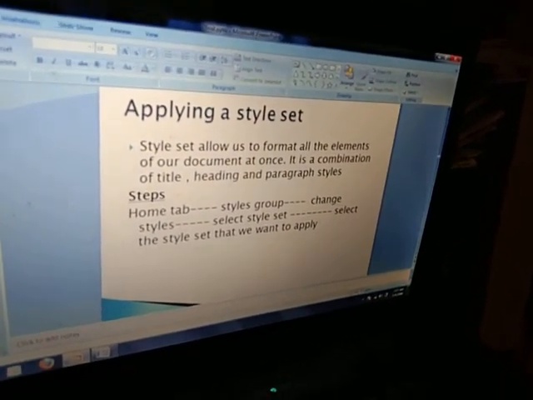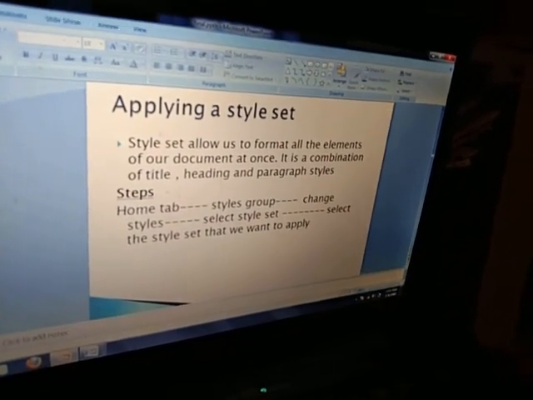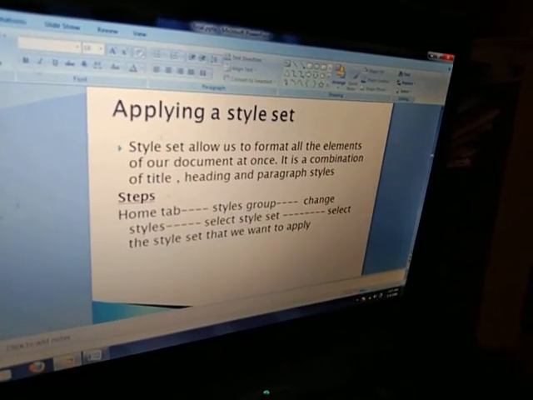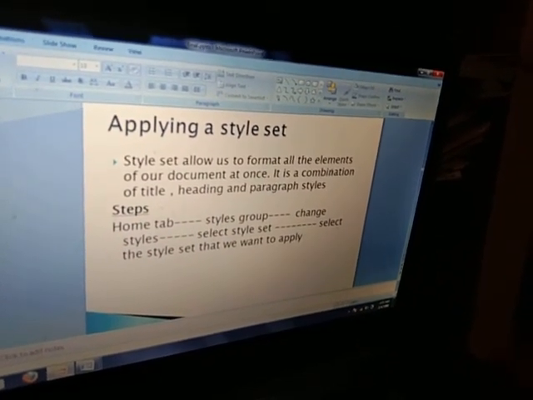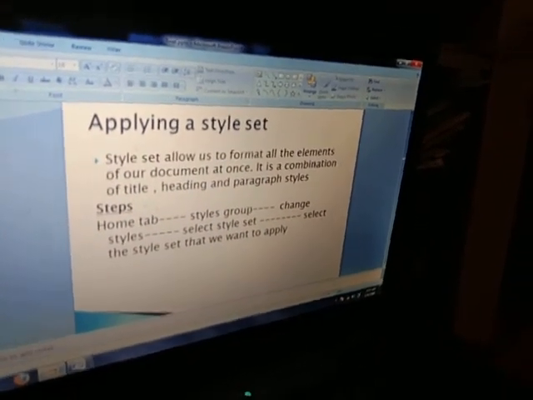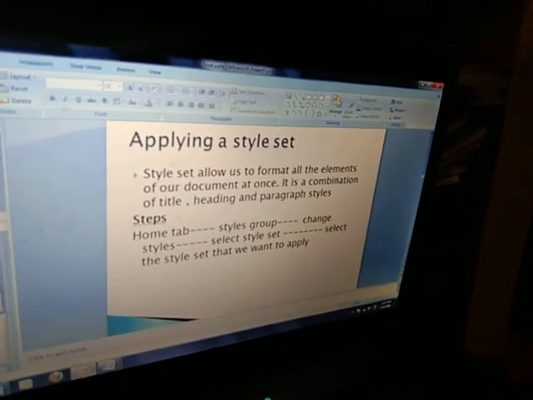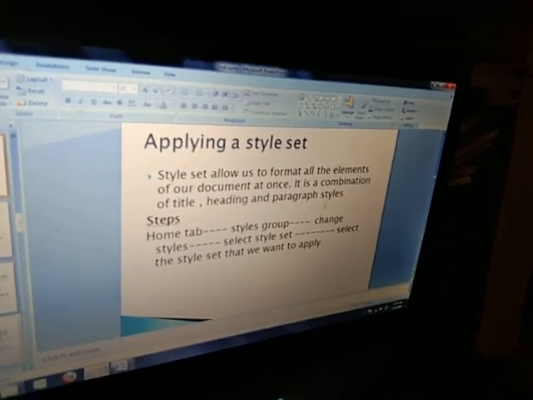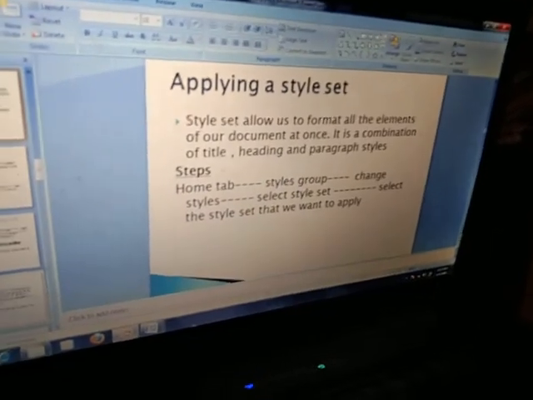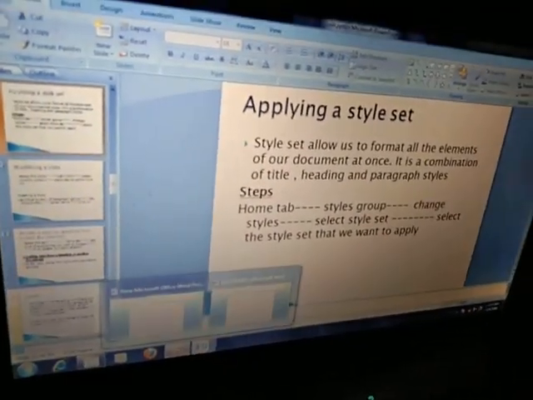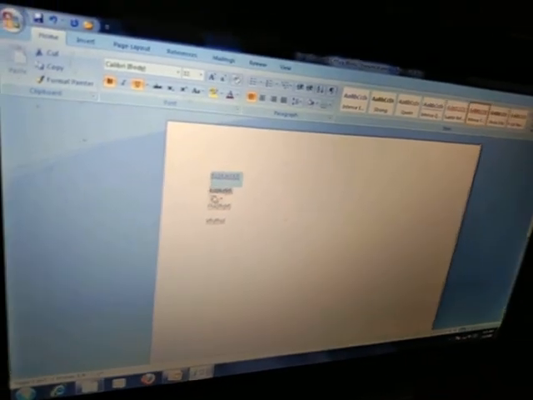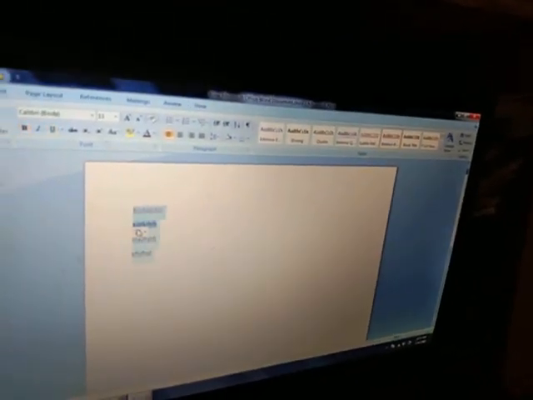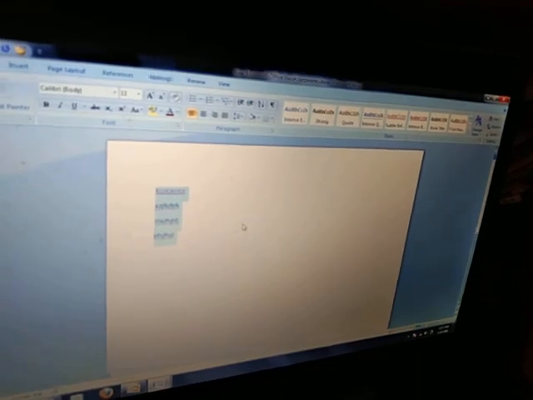For this, click on the Home tab, Styles group again, because all the operations related to styles are there. So Home tab, Styles group, Change Styles option, and then you will select Style Set, and then select the style set that you want to apply. So let's take the practical look. First select the text. For selecting the entire text, the shortcut key is Ctrl+A.